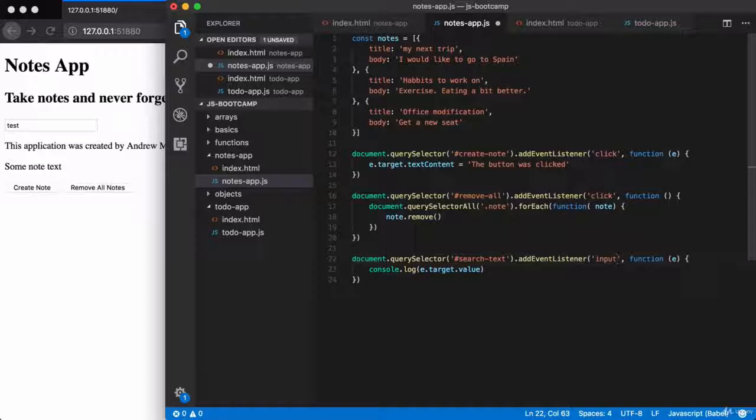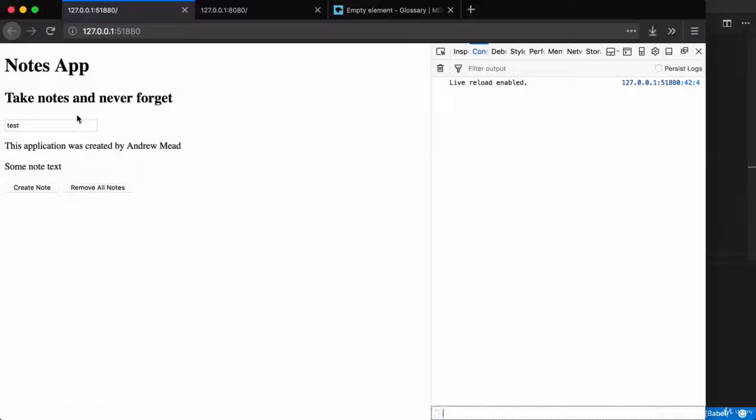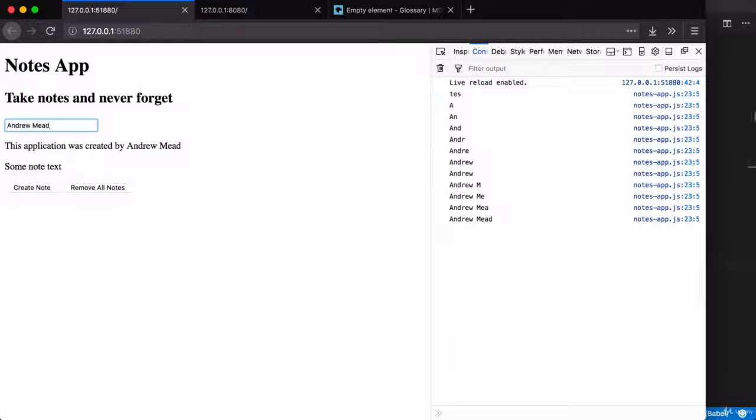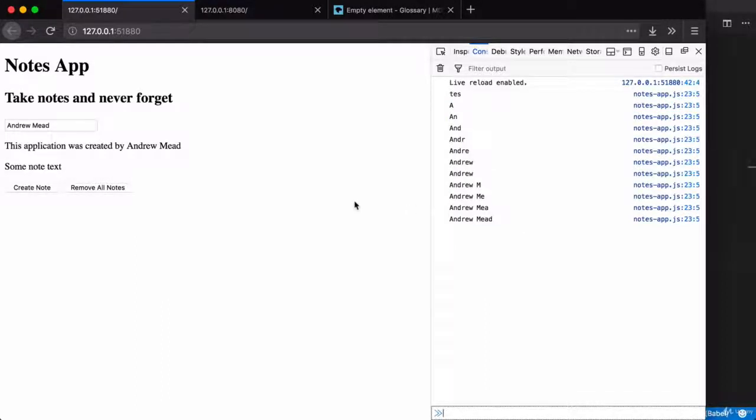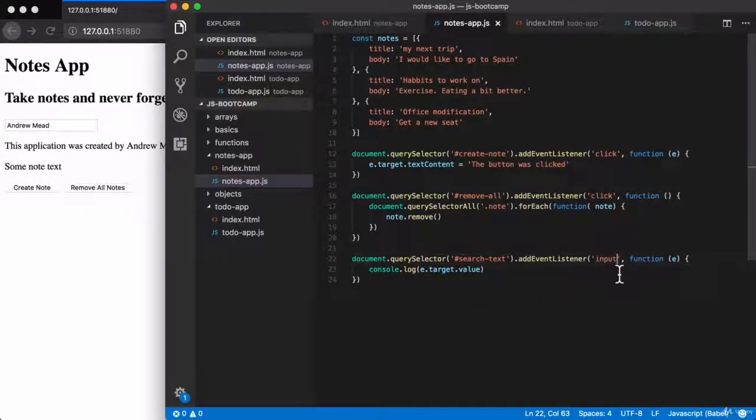The input event is going to fire on every single character change. So if we save the file with the input event in place, I can see that I don't have a message, but if I remove a single character, the string shows up automatically. So as I type every single letter, that callback function fires and I get access to the latest data. This is going to allow me to filter my notes, my to-dos, or my expenses in real time as the user types. So we're going to be using the input event with our text-based inputs, allowing us to access that